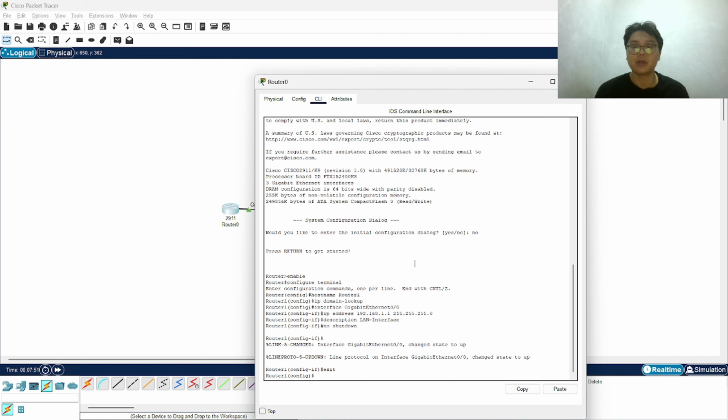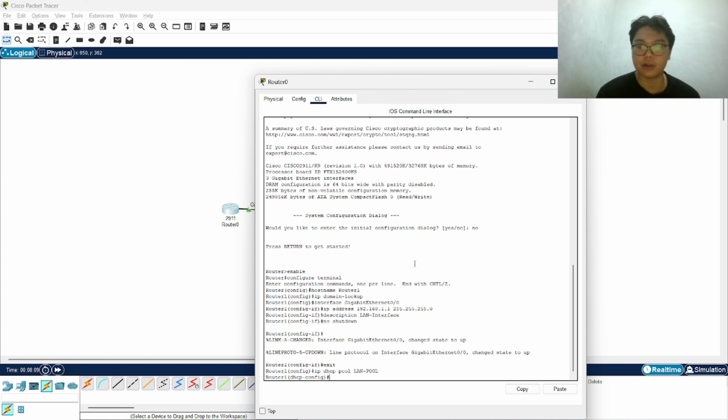This is the core part. We create a DHCP pool named LAN-POOL and tell the router which network it is responsible for. So type ip dhcp pool, then give the name LAN-POOL, then network 192.168.1.0, then subnet mask 255.255.255.0.